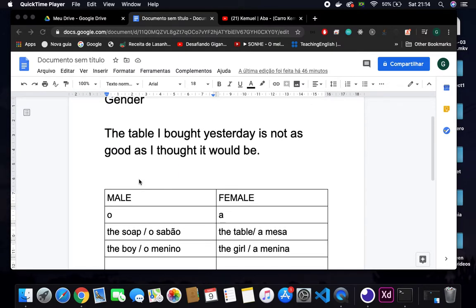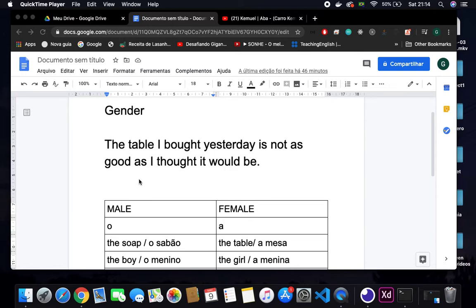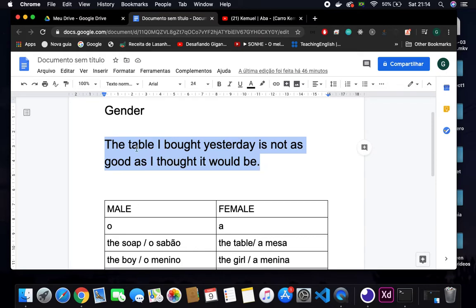Remember that I told you that in Portuguese we have gender even for objects. It's easy to know the gender when we're talking about people, right? But what about objects? I'm gonna give you an example with this sentence here. If I say, the table I bought yesterday is not as good as I thought it would be. Okay, I'm talking about the table. Well, in Portuguese,